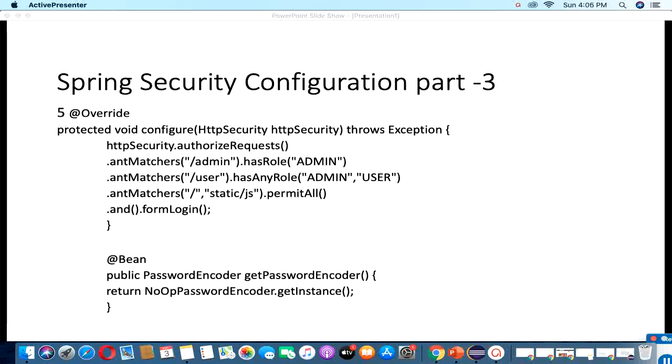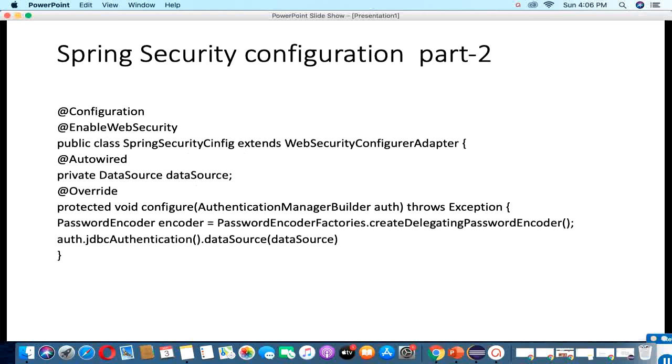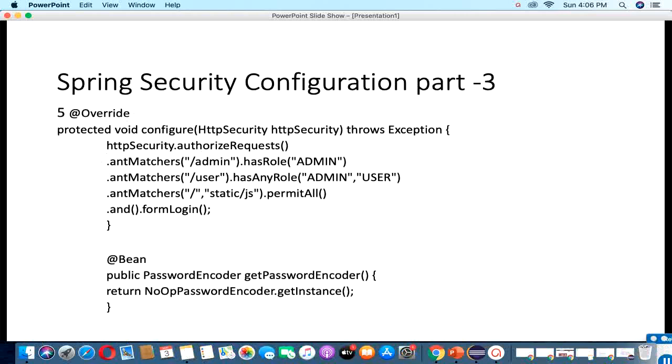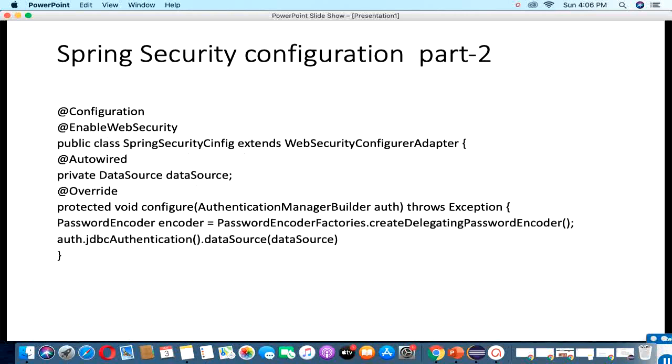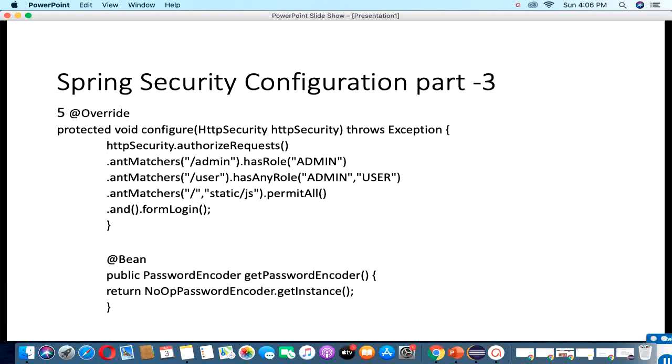So this is the whole configuration of Spring Boot security. First we need to add the @Configuration annotation, then enable the web security. After that we need to extend the WebSecurityConfigurerAdapter. After that we need to override the data source if required. If we use in-memory, then it is not required. After that there is one other mechanism, the password encryptor mechanism. Here I use the credential for the password encoder, and it will encode our password. So this is all about the Spring Boot security configuration.